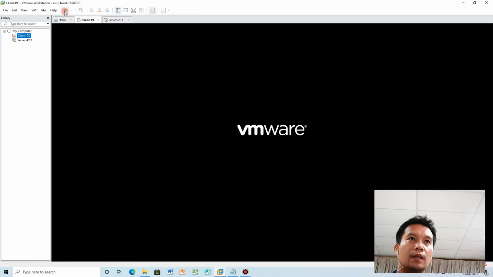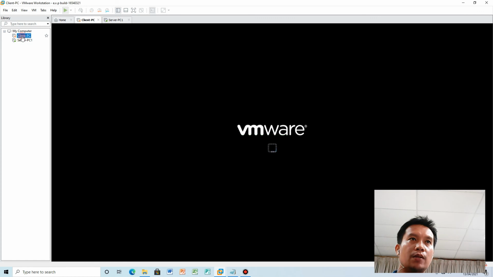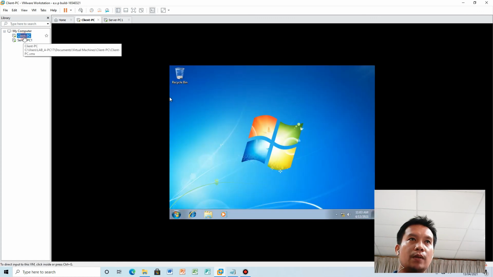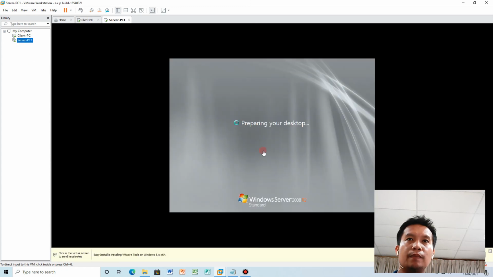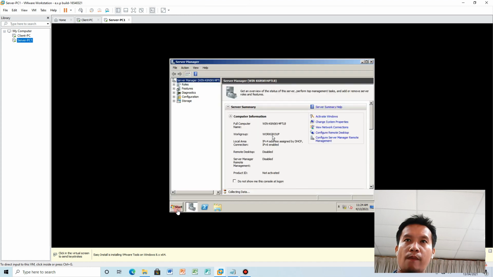We can run this already, so that client PC Windows 7 siya, no? We try to run simultaneously the two virtual machines setup. Yan. So yan yung client natin, ito yung server natin. Okay? Wow, hindi siya na-save. So we need to configure. Okay, so